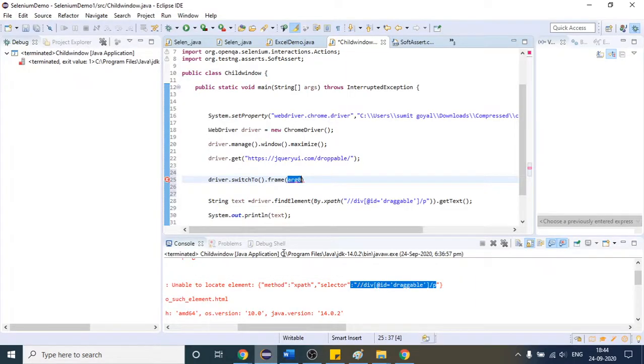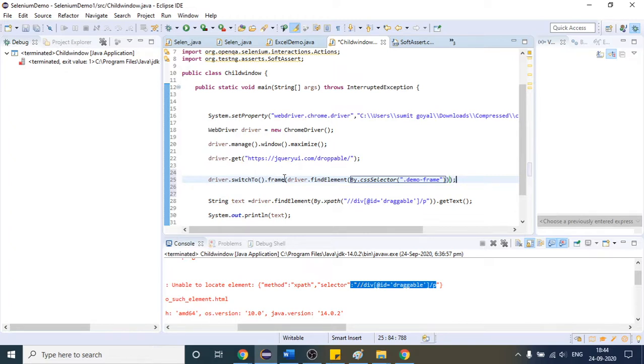So inside that, I will provide the web element. I am using CSS, so I will write driver dot find element by dot CSS selector. What is the CSS? This is the CSS which we have extracted, or you can say which we have made. After that, that's it, and provide the semicolon at the end.